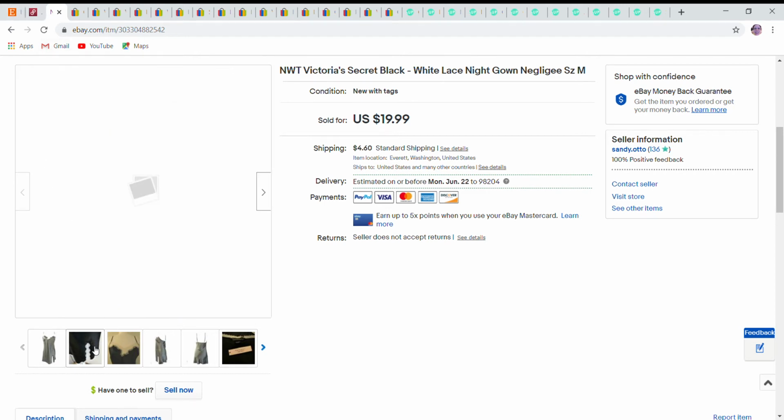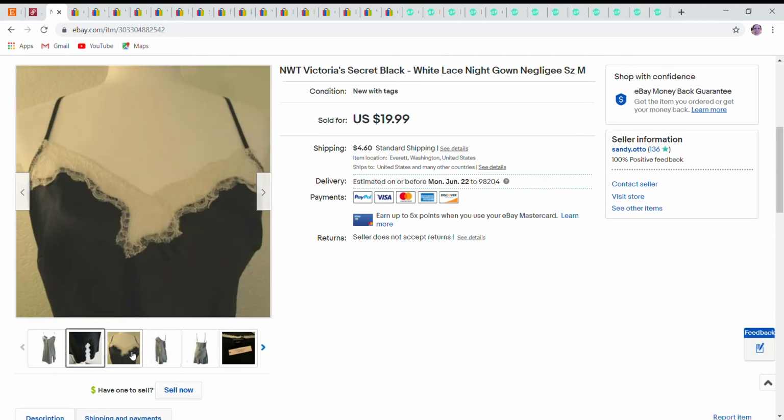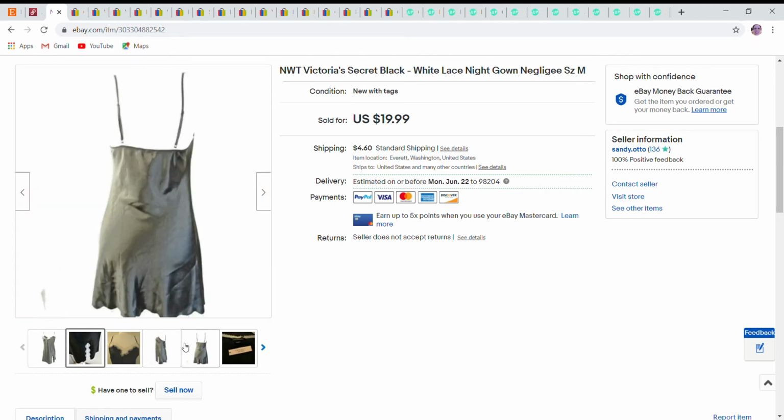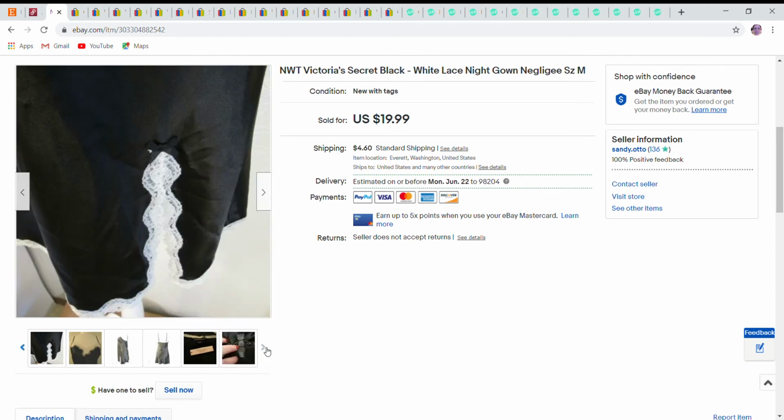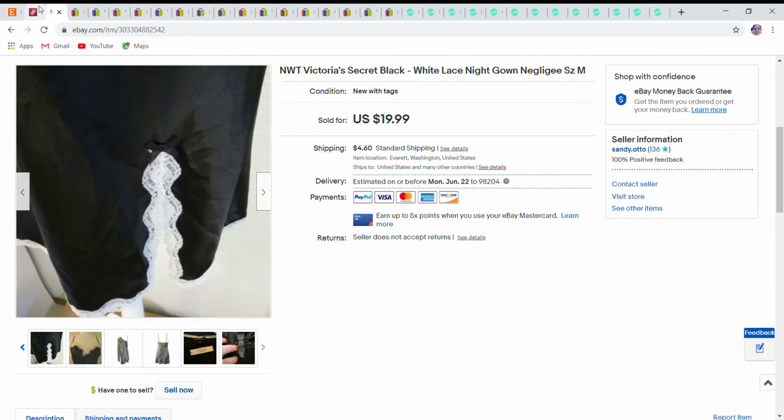And the pictures, I think this was when I first got my new camera and was having some trouble getting the lighting right. Black is always hard anyway to take pictures of, but this one just really seemed to have faded it out, and I've worked with my camera a bit now to get that readjusted and probably should have retaken pictures of that, but just never got around to it. But now it's sold and I don't have to worry about it. But it was very pretty